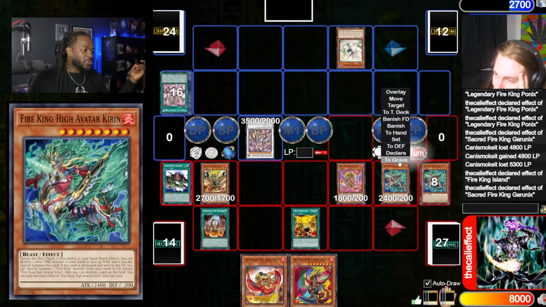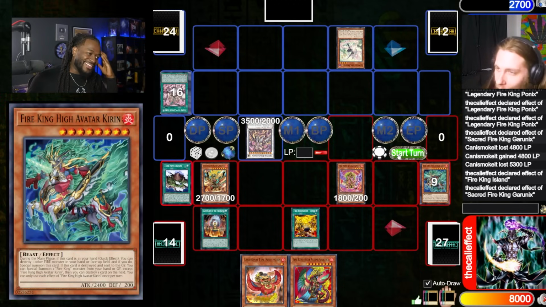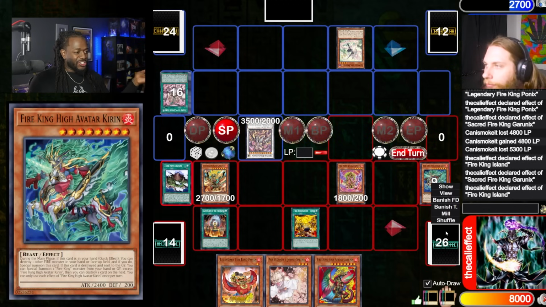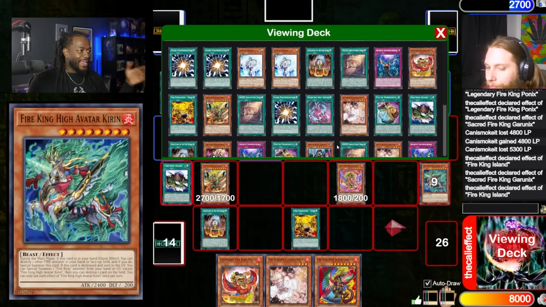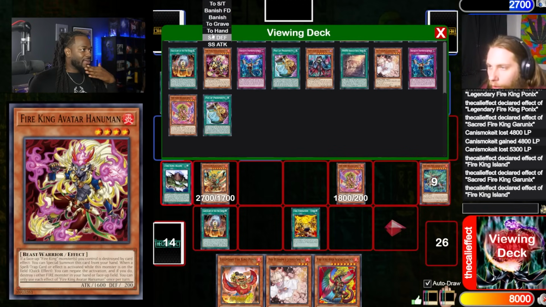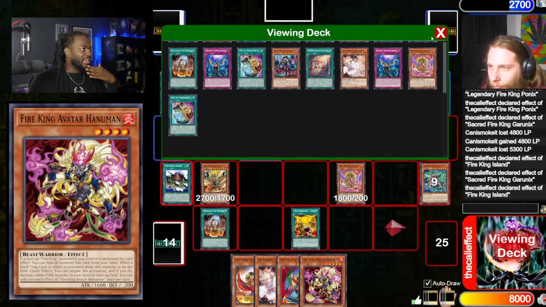It's your turn. I will lose my Kieran here, but I think this game is pretty much over. All right, so let's see what I got here. Since I destroyed Barong, you already know, I get to add another Fire King card from my deck to my hand. This time around, I think I'm gonna add Fire King